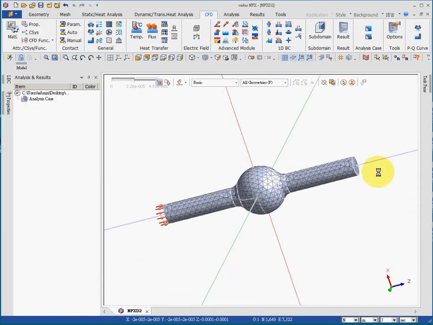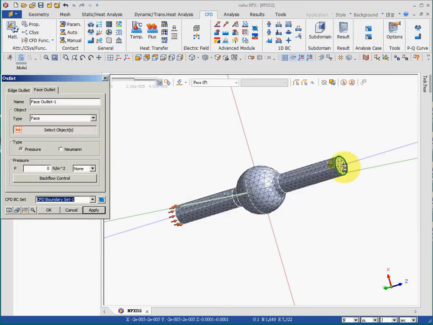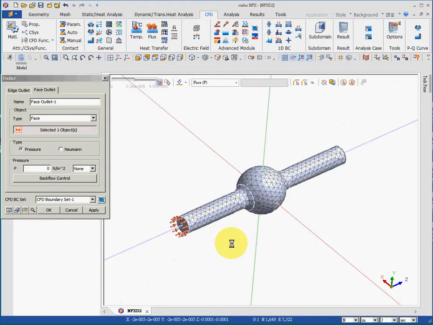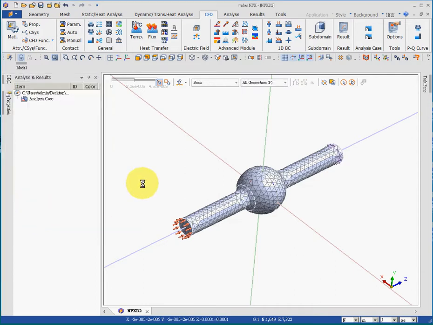For outlets, here, I'll choose this surface as the outlet, and the 0 means 1 atmosphere pressure, so I'll leave it as default. So I have entered the inlet and outlet, and this is inlet and this is outlet, and then I'll